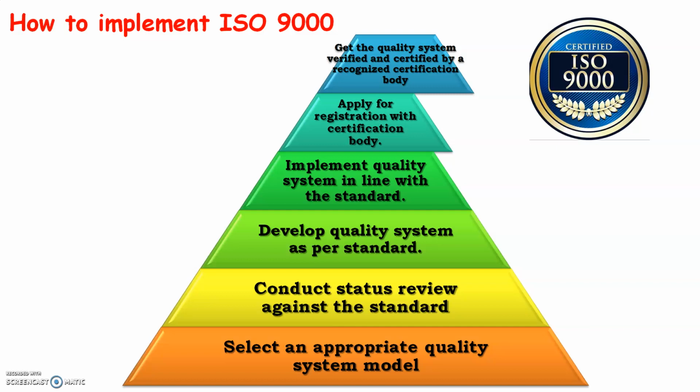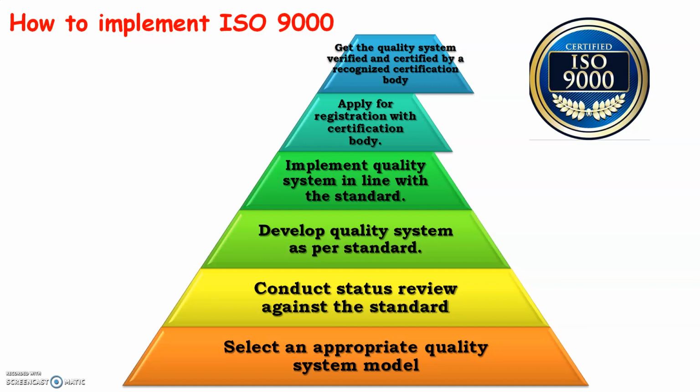Now once the standard is fixed, you have to develop the quality system for that. That is how to carry out the procedure, how to carry out the manufacturing process, what quality I have to adopt. Once you develop the quality system, in what way the procedure has to be carried out, you have to implement that quality in line with the standard. That is, whether the work is going as per the standards or not, or any errors are happening while carrying out the work. If any errors are there, you have to rectify those errors by rigorous or continuous inspections.